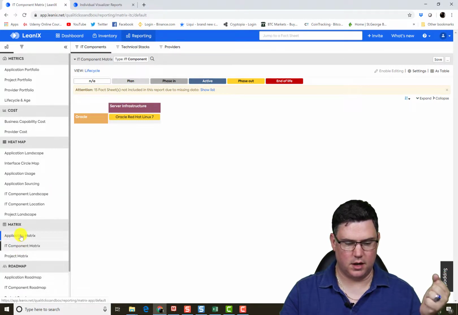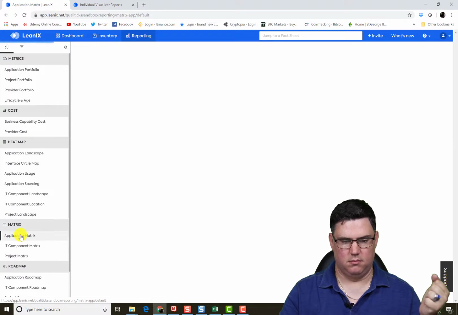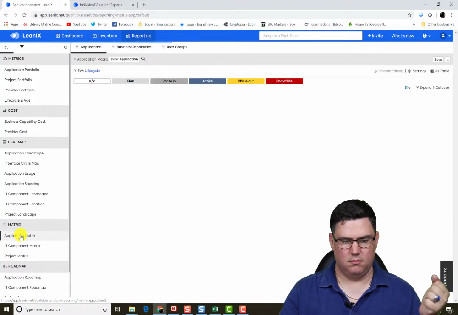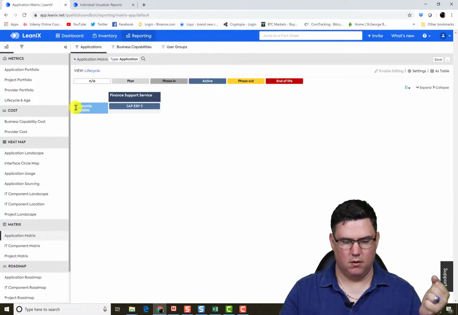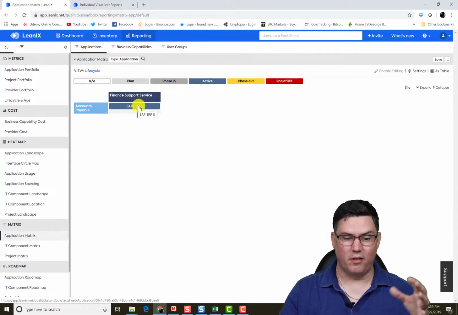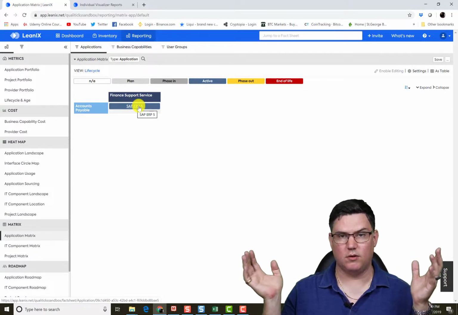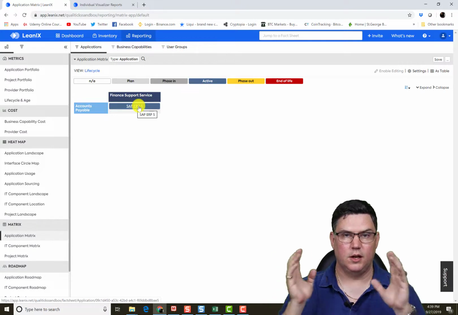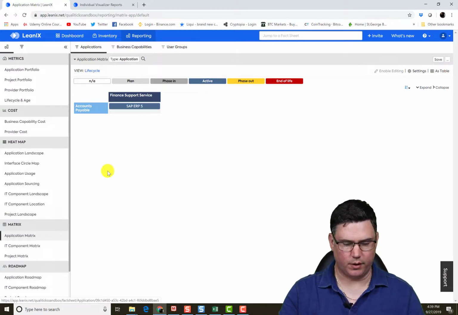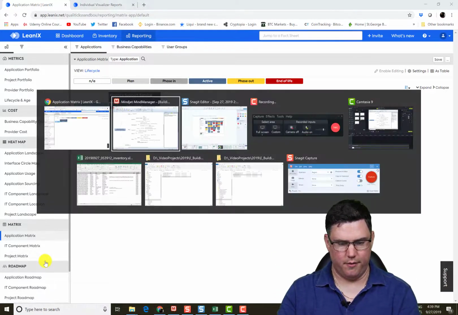Let's look at an application matrix. Right, accounts payable as a process, right? And a financial service capability using SAP. So that matrix will get huge depending on how you've structured your information. It's structured like that under the covers, all right? Now, let's look at